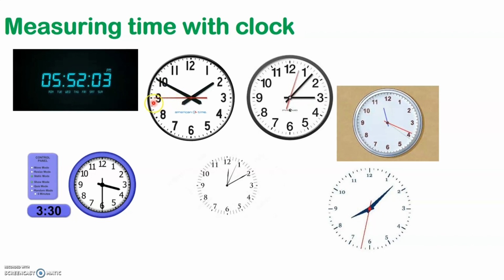While in the case of this seconds hand that you can see, it is now pointing towards 9. For this seconds hand to move slowly and then reach again at this point 9, it takes 1 minute, which is equal to 60 seconds. So this seconds hand moves slowly and completes one full round in 60 seconds or 1 minute of time. So that is how the hour hand, the minute hand, and the seconds hand of the clock move.